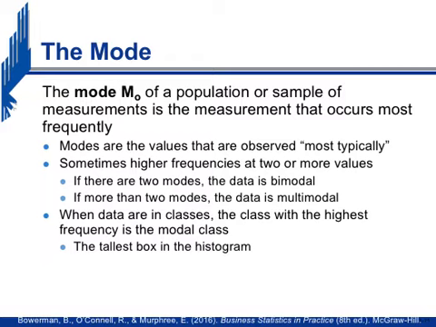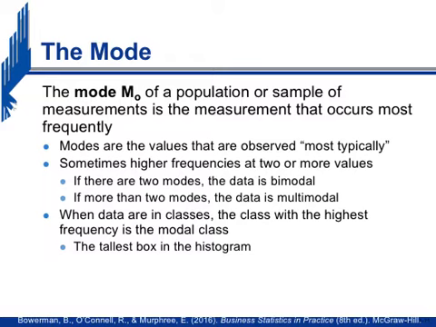Another measure of central tendency is the mode, and the mode is simply the most frequent number in the dataset. So this is the number with the highest frequency. This is the most typical number in the dataset. Now, sometimes in some datasets, 2 or more values have the highest frequencies. So in those cases, we